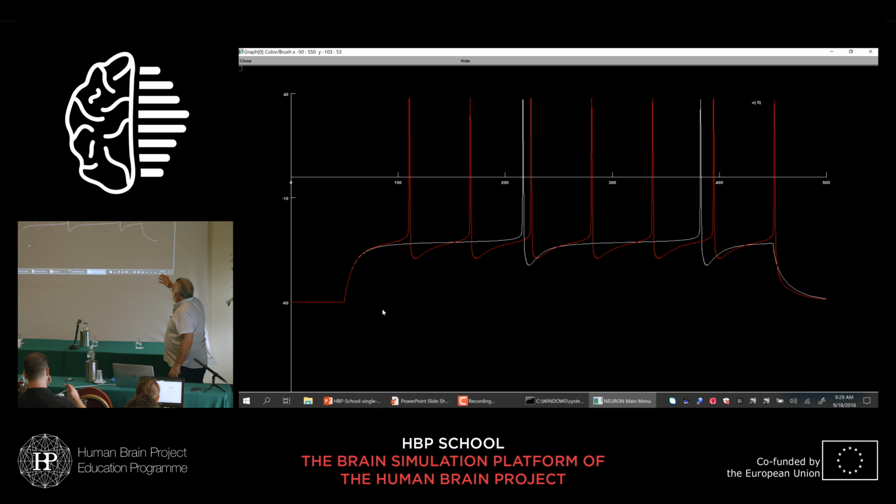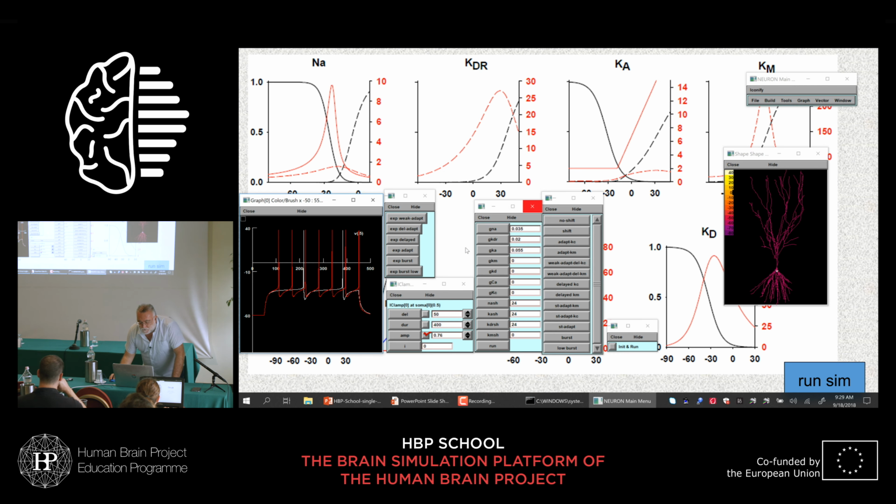Okay, you see, the interspike interval is changed. This depends, of course, on the conductance. Let's do the same for the Ka. This is more tricky because this is a stronger current, so we need to go a little bit lower. So again, in this case, there are going to be a couple of spikes with a larger interspike interval. So these two currents are going to change the interspike interval, the frequency at which